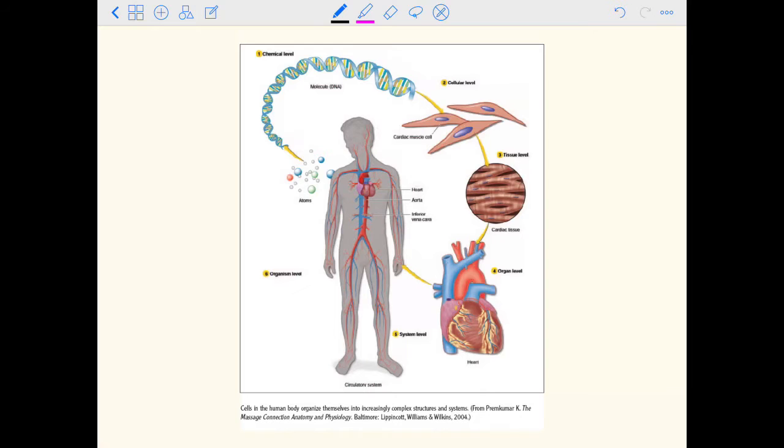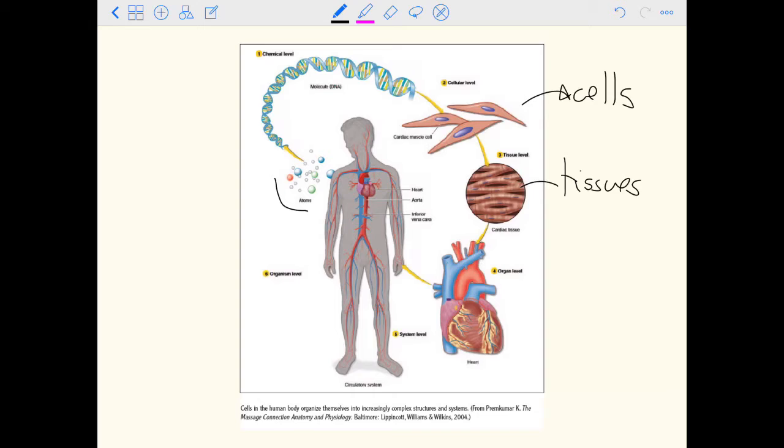So when we move up in the levels within the body, all parts of your body are made from atoms, which then join together to make molecules. These molecules then make your cells. So this was the base level that we were talking about in the lesson, the cells. Cells then come together to make tissues. So tissues are a group of cells that has the same job and that works together.